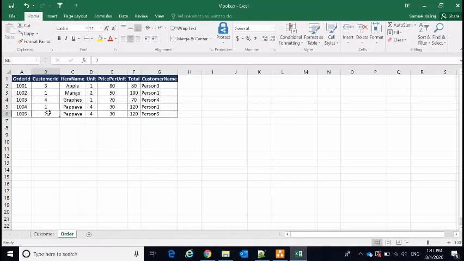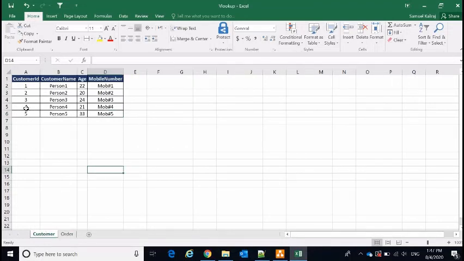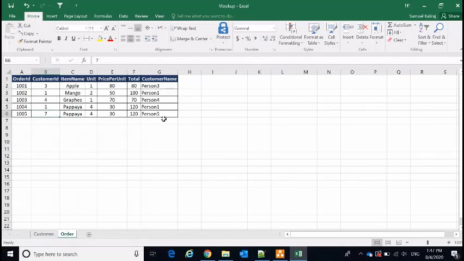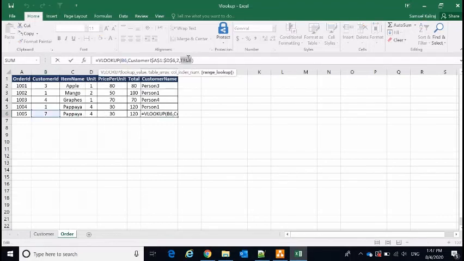It is trying to find 7. 7 is not there. What is the lowermost value? 5. So for 5, what is the customer name? Person 5. So this is the purpose of this flag. Okay.